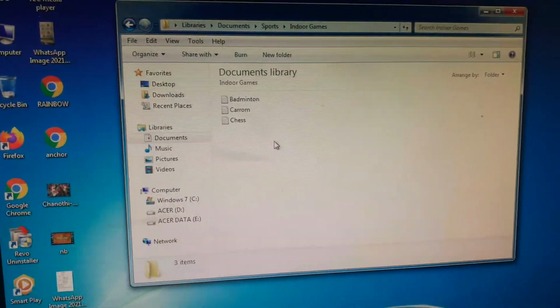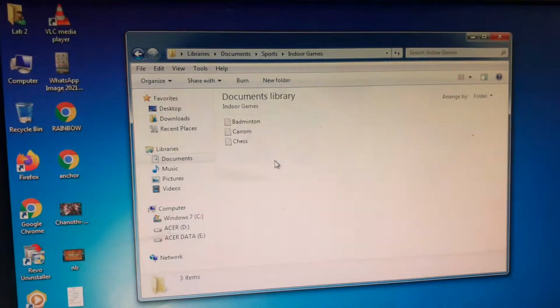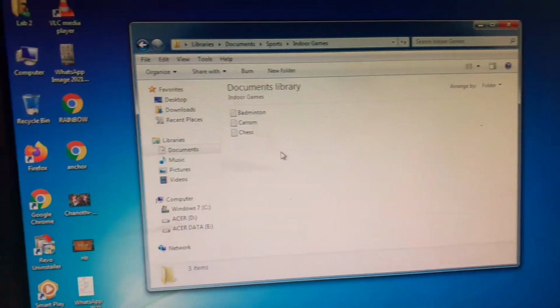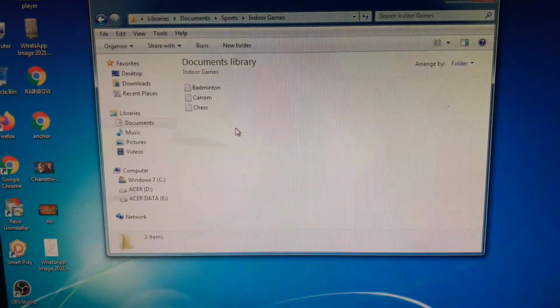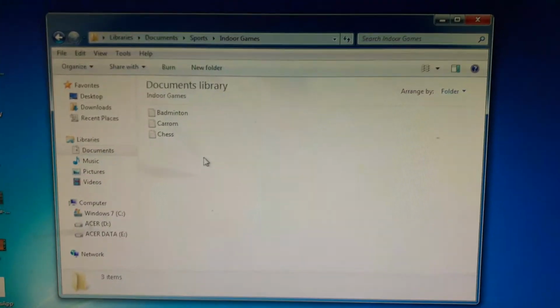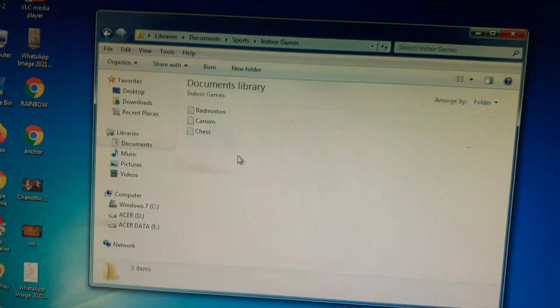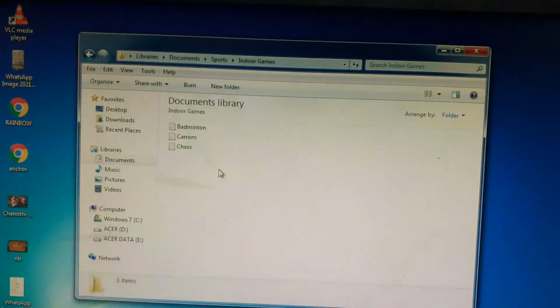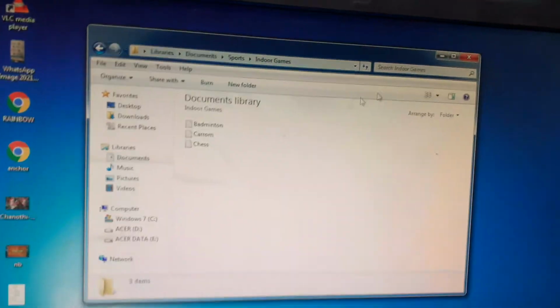So in this way you can make a copy of any file or folder. Now you can see indoor games has 3 files, badminton, carom and chess. Now click on close to close the window.